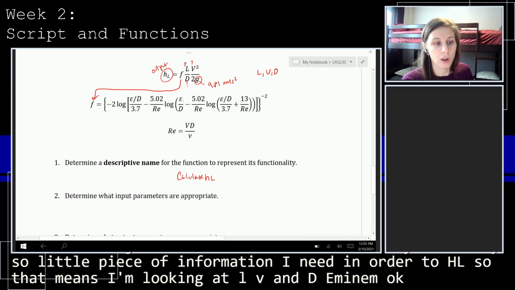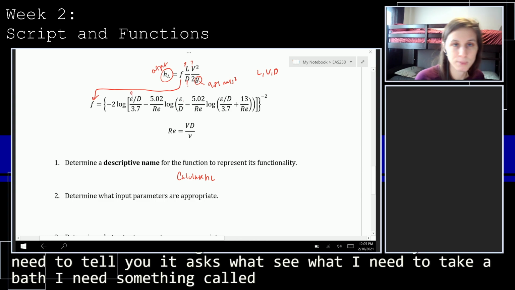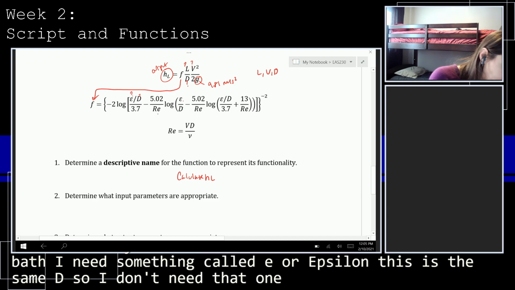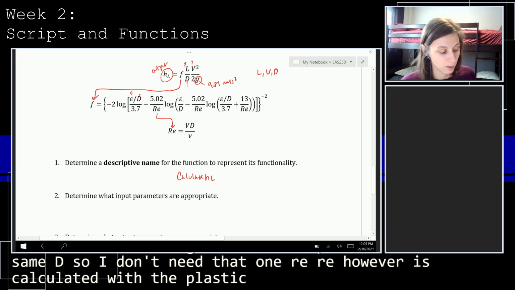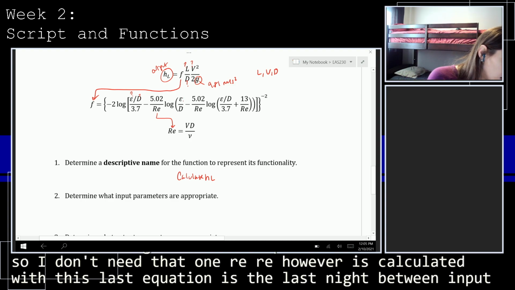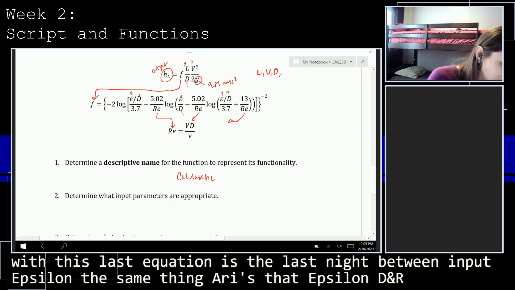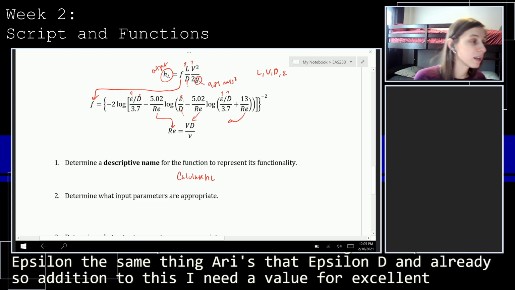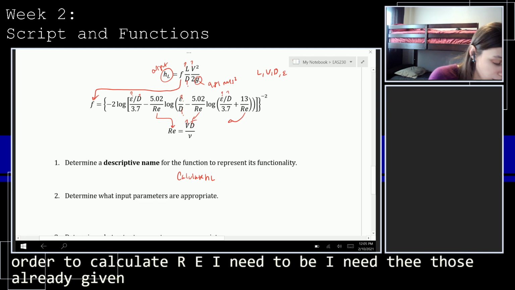Okay, I know I need to calculate F, so let's see what I need to calculate F. I need something called E, or epsilon. This is the same D, so I don't need that one. RE. RE, however, is calculated with this last equation. Okay, so that's not going to be an input. Epsilon, D, same thing. RE is that. Epsilon, D, and RE. So in addition to this, I need a value for epsilon. In order to calculate RE, I need V, I need D. Those are already given, or those are already in HL.